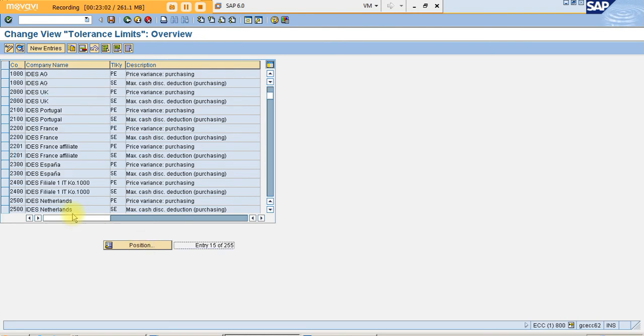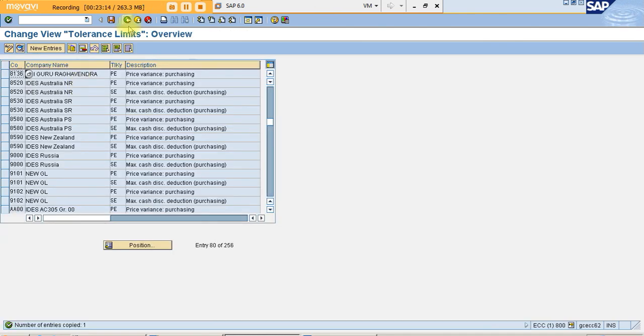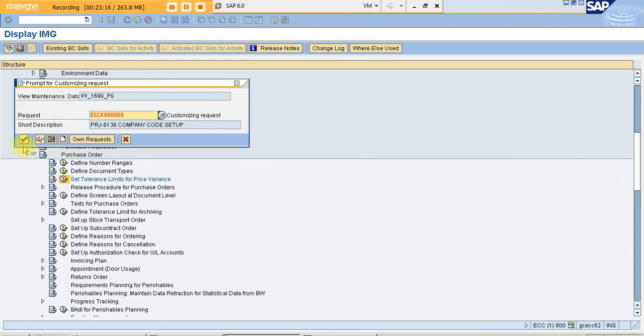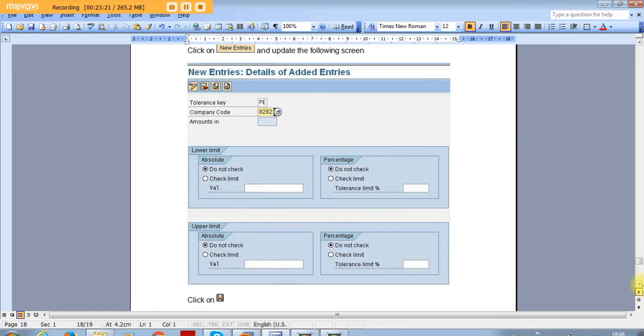Company code 1000 and 0001 will exist in almost all SAP installations. Then 8136, just copy it. Then change your company code and click on save. This is how we can do it.